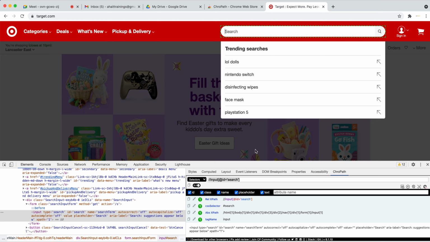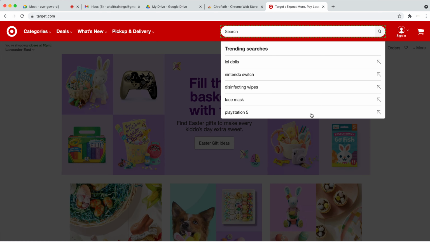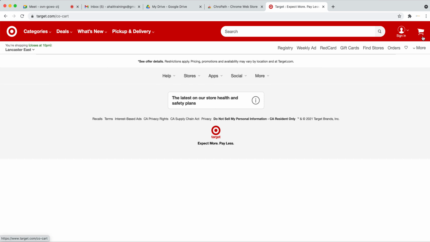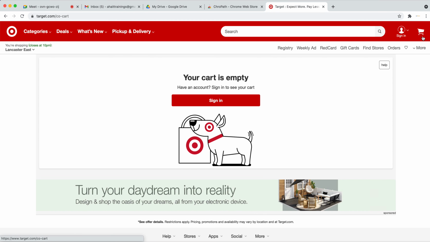In the HTML page, everything is an element. See, this is an element, this is an element, this is a text box, this is a link, and even I'm seeing a link here. As soon as I click on this, there is a link, and that's an anchor tag link.